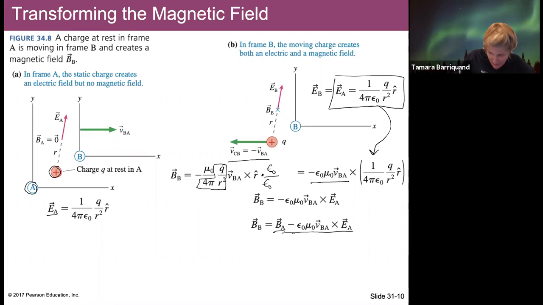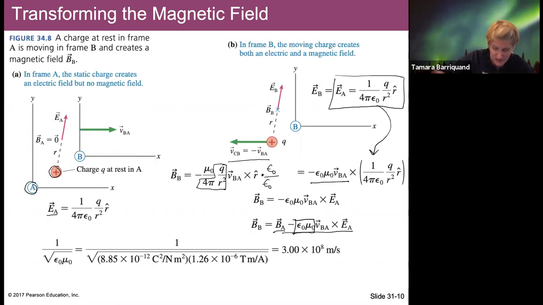Now, let's look more closely at what this is. These are two constants that we keep using. You kept asking me, why do I have to use 1 over 4 pi epsilon naught? Shouldn't I just use K? Well, epsilon naught is an important constant, and we're going to see why. So epsilon naught times mu naught: if we do 1 over the square root of epsilon naught times mu naught, if I multiply them together here, I get